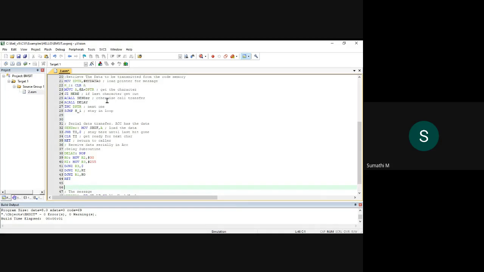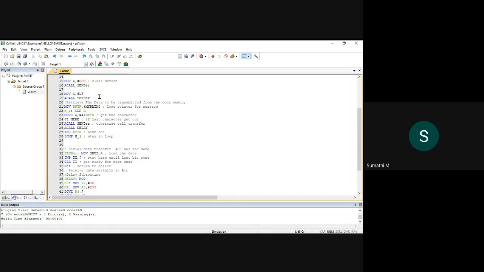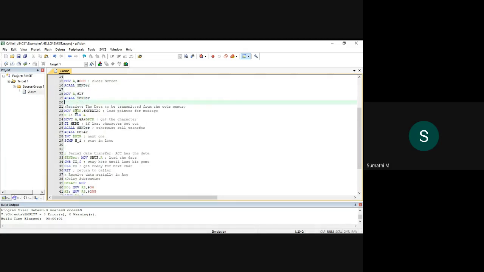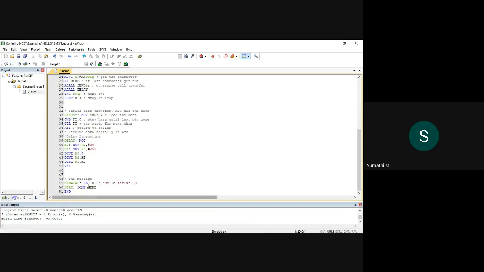So how do I access? Now after this line feed, next, MOV DPTR, #MYDATA. It is the immediate data value. When I access this value, it starts sending the data from CR, again then LF, then H, E, L, L, O, space, W, O, R, L, D. When it comes to the last point, 0, then it understands that this is the end of the message. Then it comes back to the next line. Understand, this is how it executes. Clear for you?